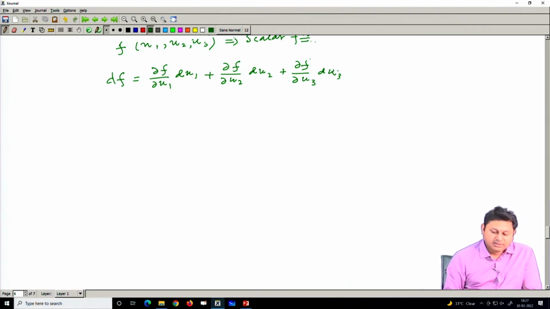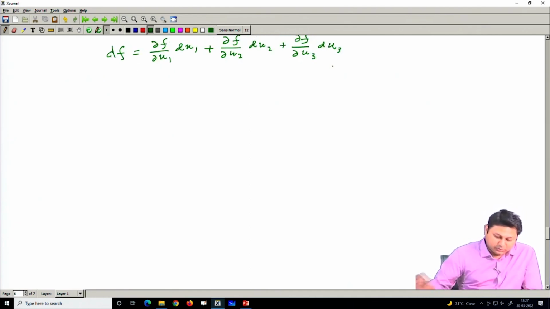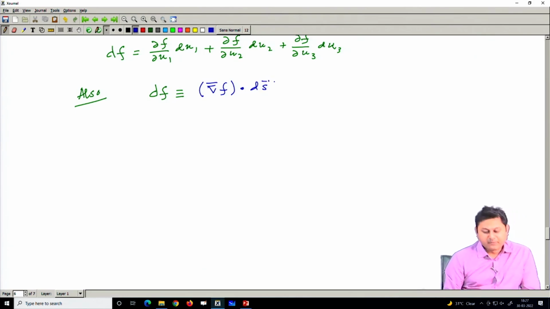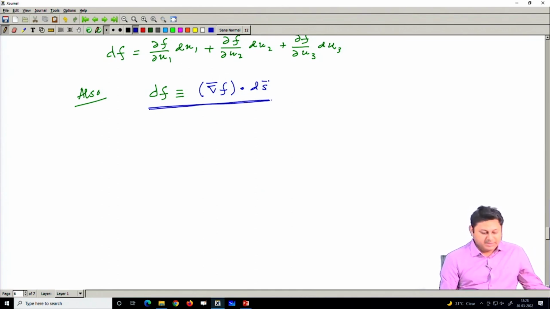This one, right? And also we know that df is equivalent to the gradient of f dot the distance vector. Okay, that we know. This is the identity, the fundamental identity we have. So, keeping that in mind,